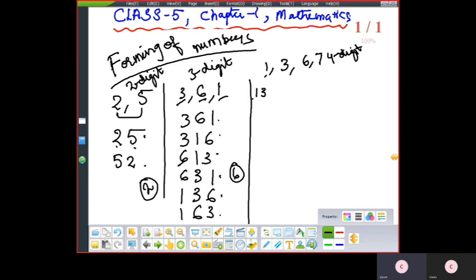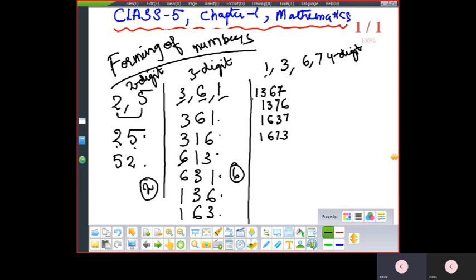All the numbers, what I can use it with 1, I'll start. 1 as the first one. 1, 3, 6, 7. Okay. Then 1, 3, 7, 6. I'll reverse only the tens and ones, please. Then 1, 6, 3, 7. Then I'll reverse the tens and ones place. 1, 6, 7, 3. Then 6 is over, 3 is over.